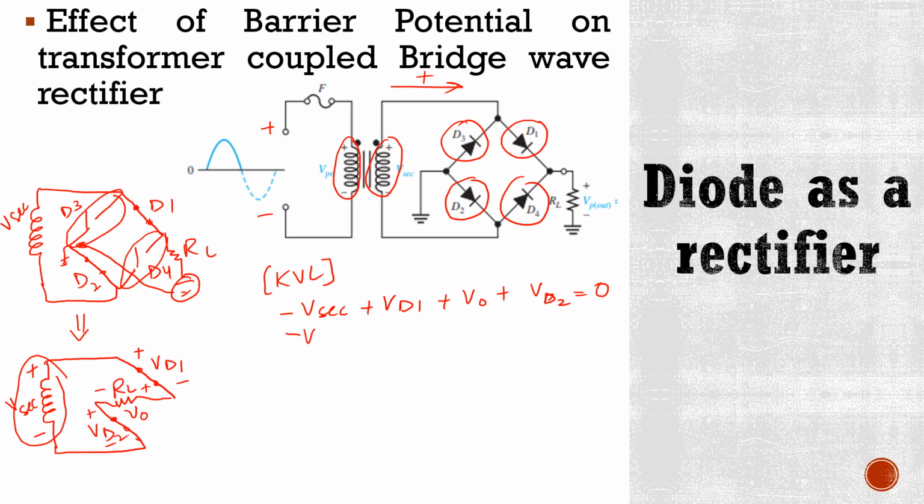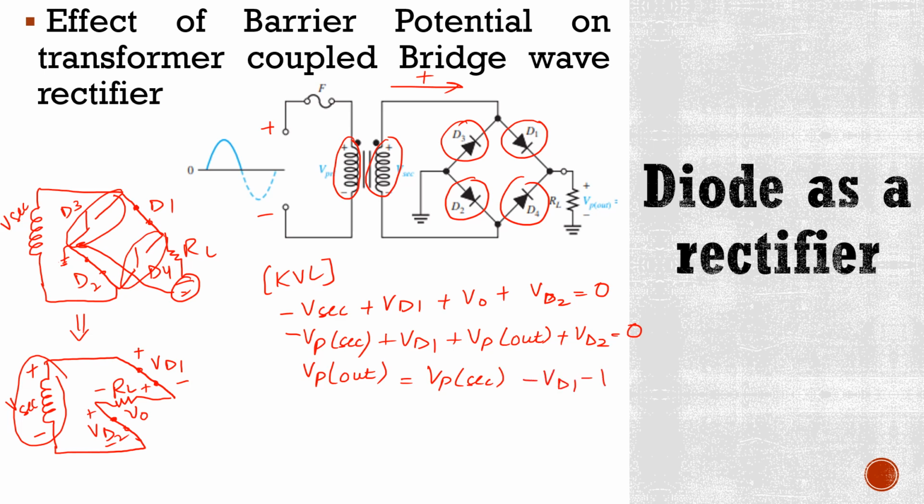So we have minus peak secondary voltage plus VD1 plus peak output voltage plus VD2 is equal to 0. If we rearrange this equation, we get peak output voltage is equal to peak secondary voltage minus VD1 minus VD2. So this is the equation of peak output voltage